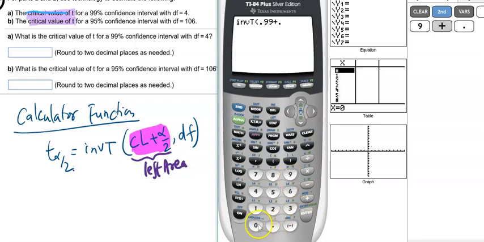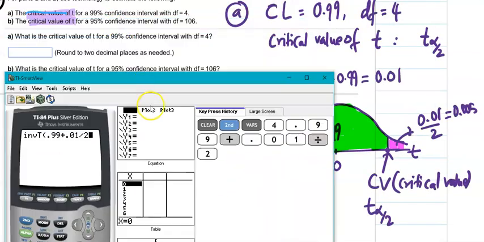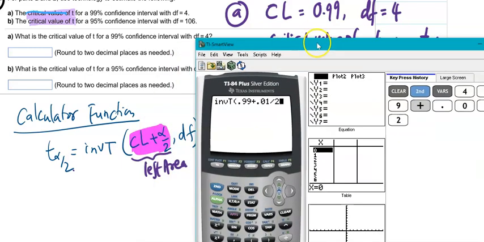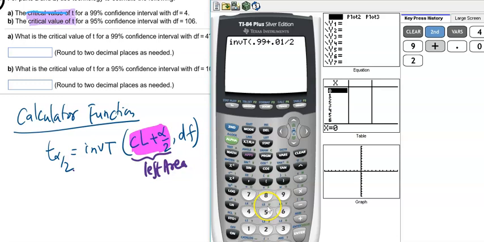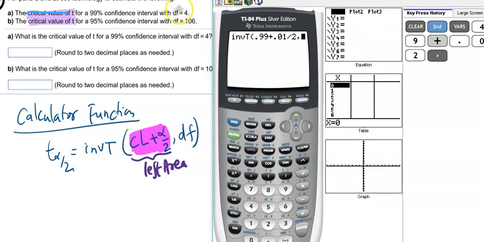0.01 divided by 2. Okay, again watch this here. Alpha is 0.01 divided by 2 because that's the function. You have to put CL plus alpha over 2, comma, and the degree of freedom is going to be 4. That's what it says here in the first question, 4, and close parenthesis,